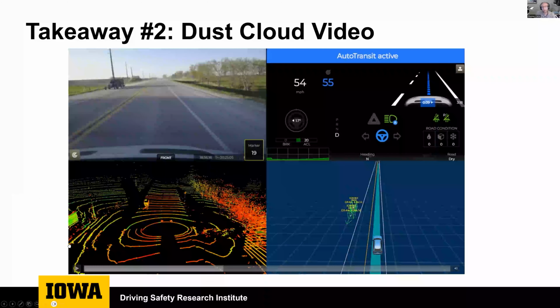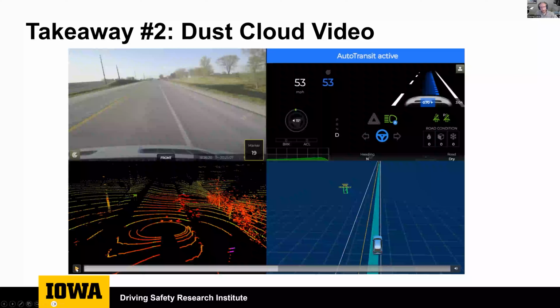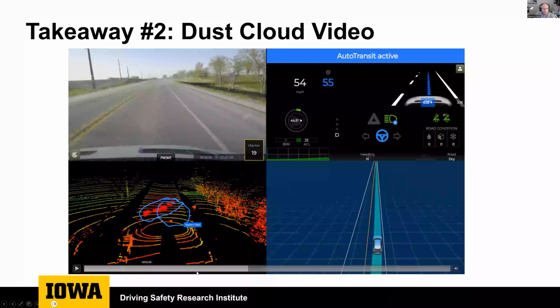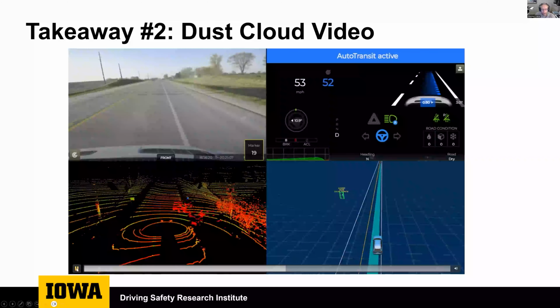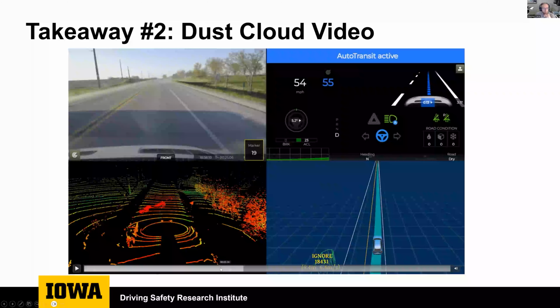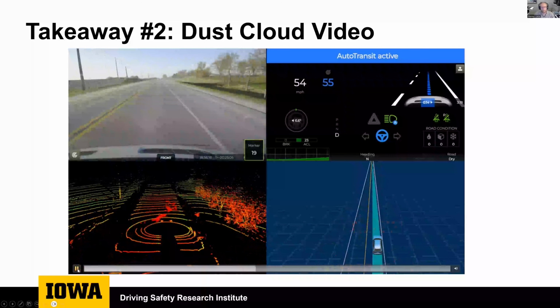So what happens essentially as we drive by, there's also a crosswind that's blowing. That dust gets kicked up, gets recognized by the LiDAR as an obstruction. And as we drive here, you'll see the vehicle actually react to that and try to do a little bit of an evasive maneuver there. So again, we didn't see it very often, but it was something that was repeatable.